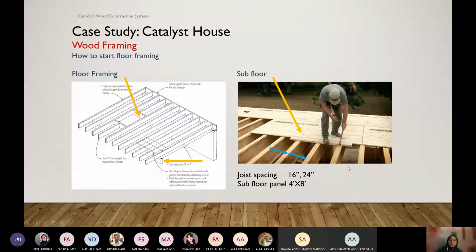We use either 16 inches or 24 inches. Here everything is modular, set up with those dimensions, and we don't go to any random numbers. We have to be very specific with these numbers, because the joist spacing depends on that.